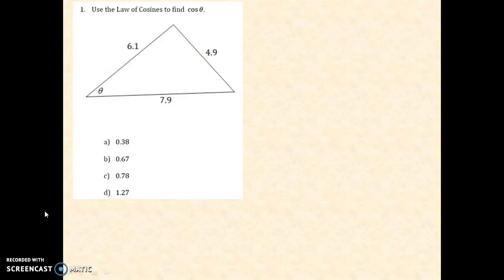We're going to use the law of cosines to find the cosine of theta. Clearly you remember the law of cosines, especially the version that we use to find angles. Cosine of angle C, so I think of this as angle C, and then across from that is going to be little side c. And then either one of these could be A or B. It really doesn't matter which one's which, as long as c is the side opposite the angle that we're concerned with. So cosine of theta